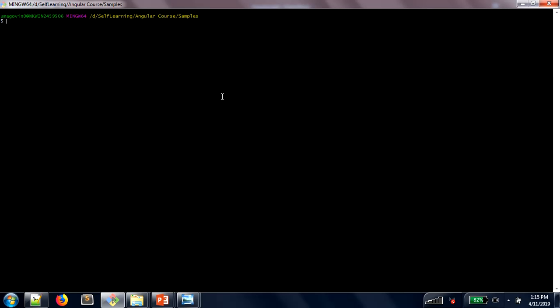Once you're done with that, you can check whether Node is actually installed on your machine or not by typing node space dash v. Right? It will tell you the version of Node that is installed on your machine. So once you confirm that Node is installed, we are ready to install the Angular CLI. So you can say npm install -g